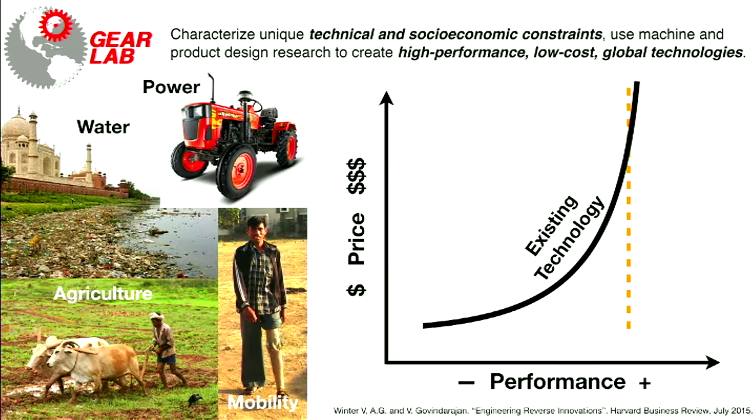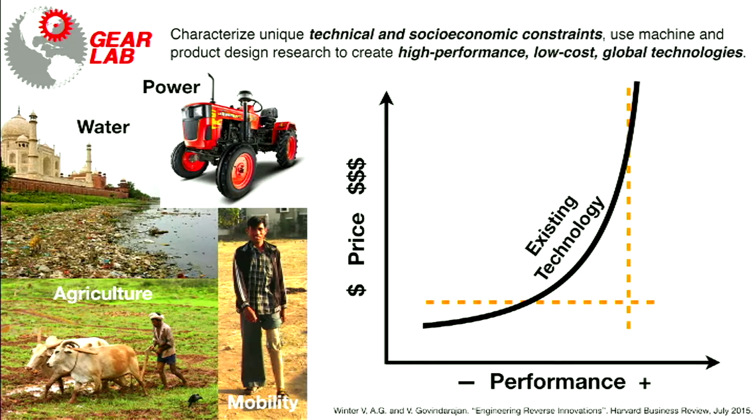So there are technologies where you want it to work, you want a certain level of performance, but in the US market, that may cost a relatively high amount of money, say up here. And the problem is that when you go to a poorer country, the price point they may be able to afford is here. And why that creates an issue